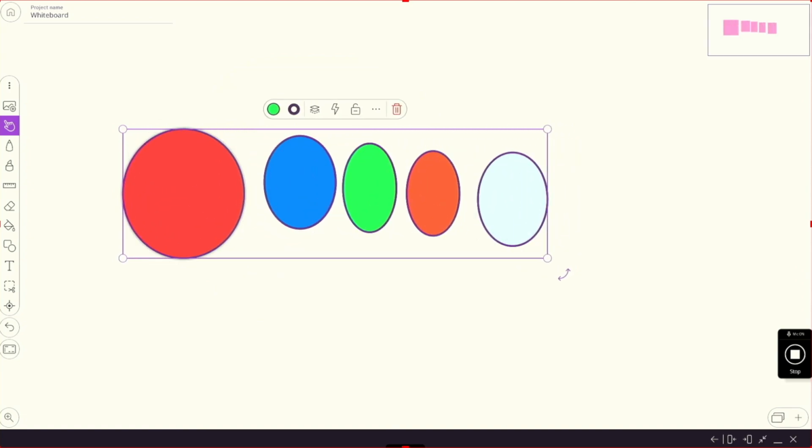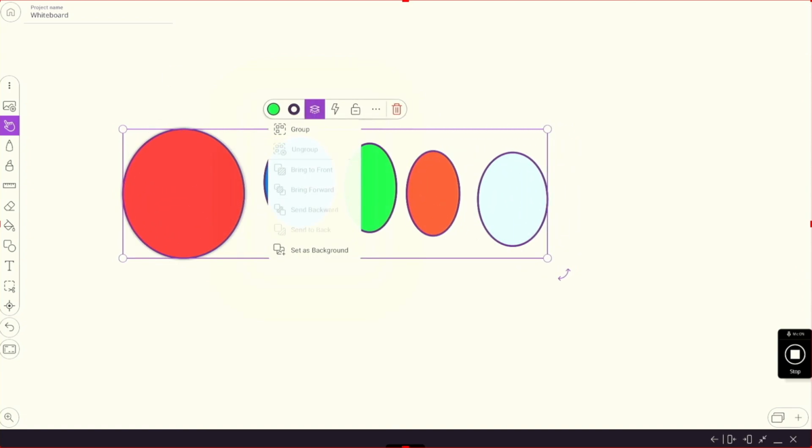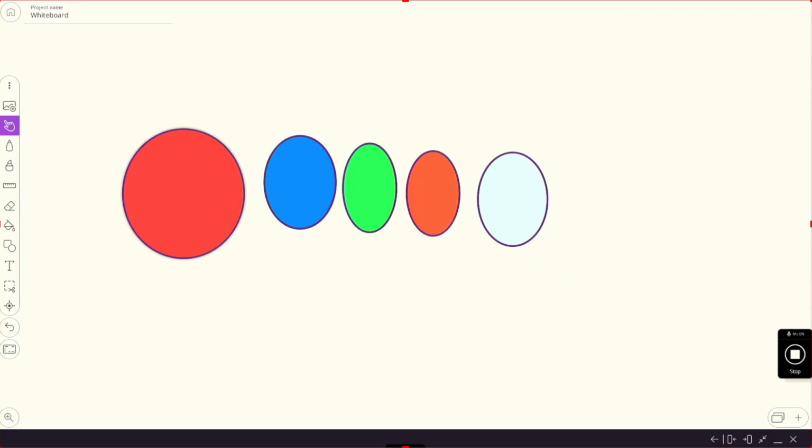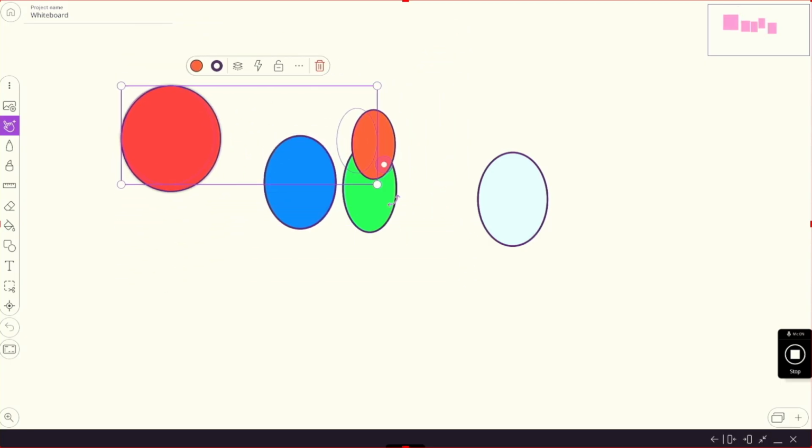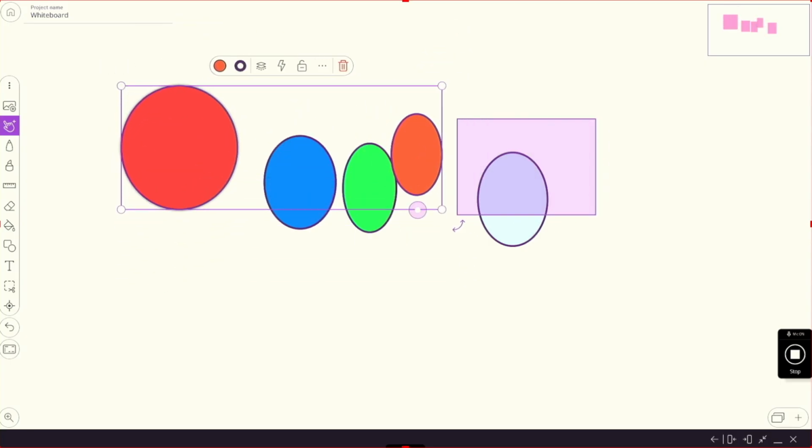But what if I didn't want to do that? What if I wanted to grab individual ones, and maybe more than one? So I want to grab the red one and the orange one at the same time. I just press this here and I get a little plus. So I tap on one of them, and I tap on a second one, and now I've grabbed two. Oh, wrong one there. Just there. Now I've grabbed two, just like that, at the same time. And again, I can make these smaller and bigger. I can lock them. There's a whole lot of different options that are available to you directly on the panel